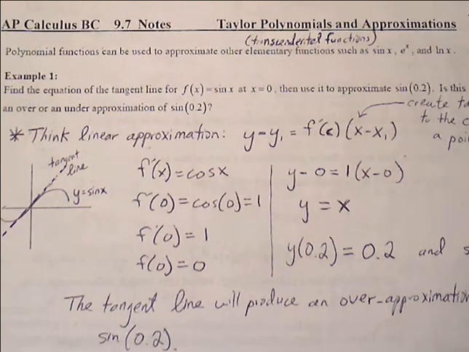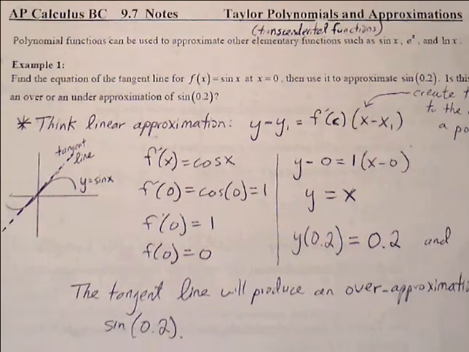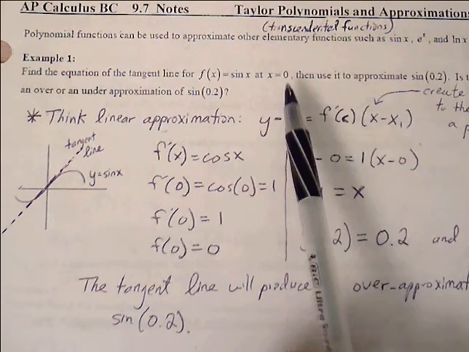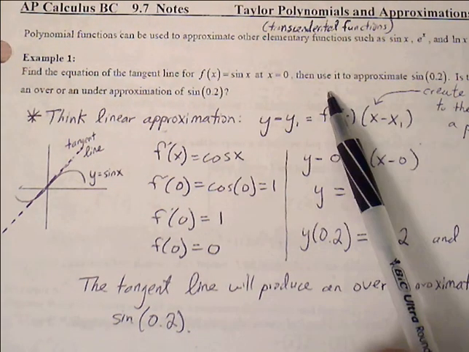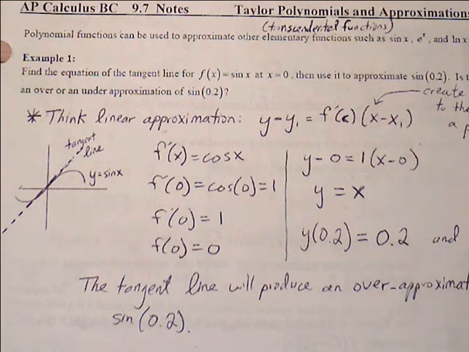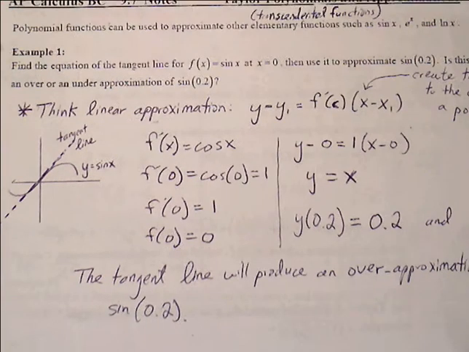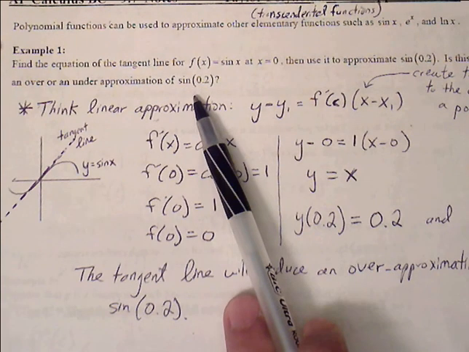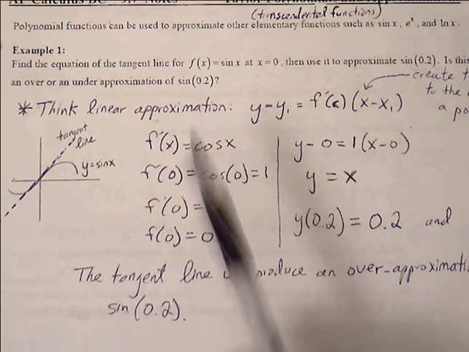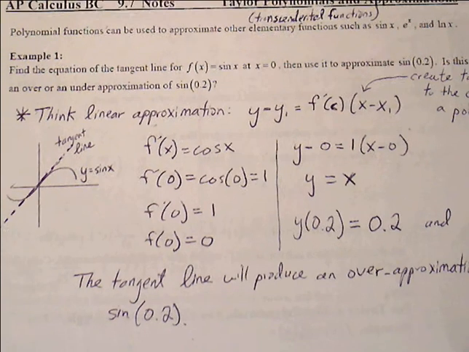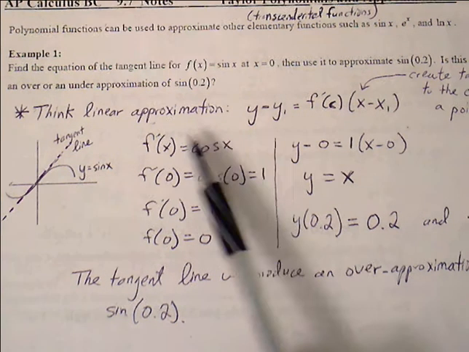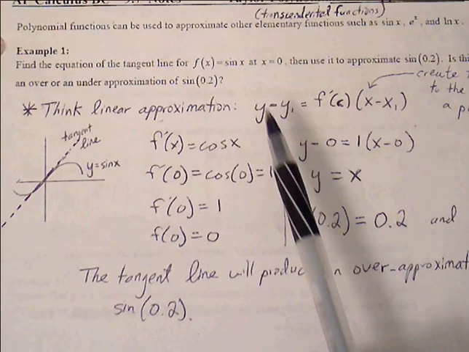So the first example says: find the equation of the tangent line for our function sine of x at x equals 0, then use it to approximate sine of 0.2. Is this an over or an under approximation of the value of sine of 0.2? Well, first, we do know how to use a linear approximation. We simply create a tangent line